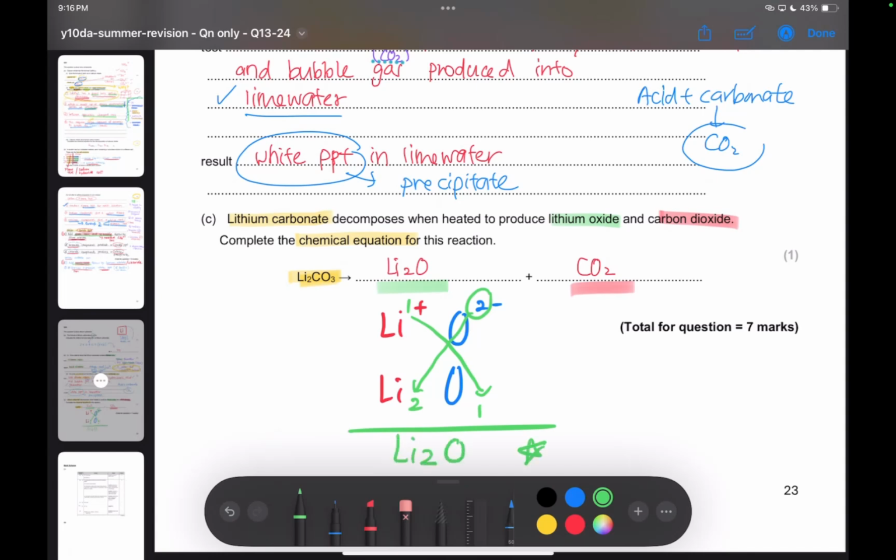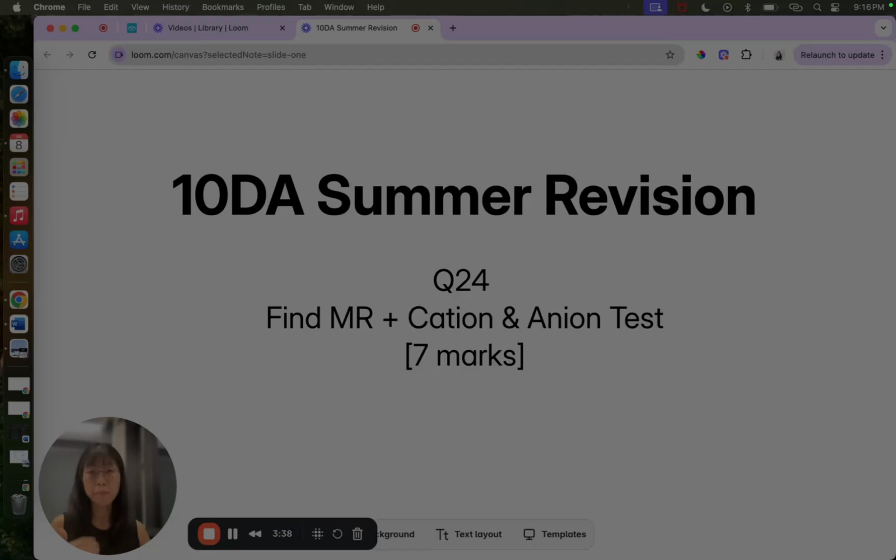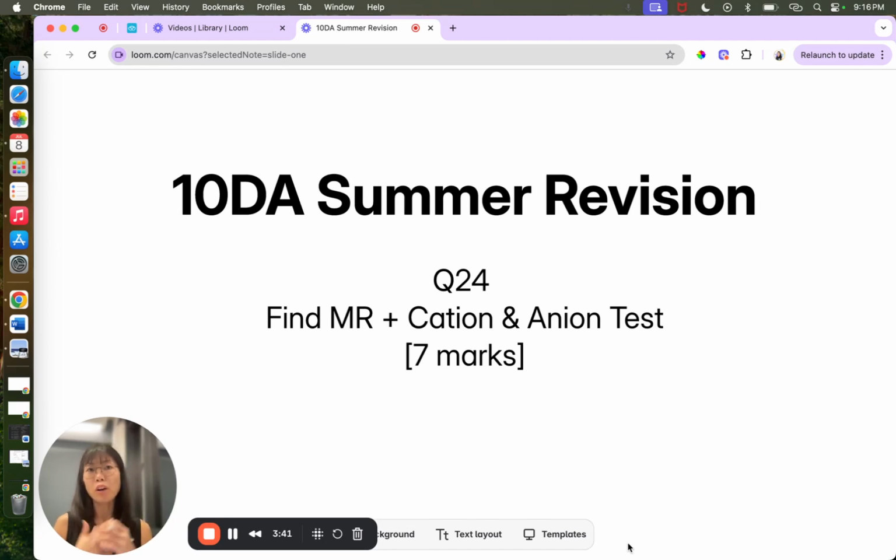If you find writing chemical formulas a challenge, this is a chemical formula, and this is a chemical equation. I have 2 different videos for this, and I will link both of them in my description so you can work on your basics. One set is to run through the common questions that are usually tested like this, and the other is what I call the foundation concepts, like writing formulas, calculating Mr, state symbols, and writing half equations. Those are the foundation to make sure you secure the basic marks you need for chemistry. So depending on your needs,